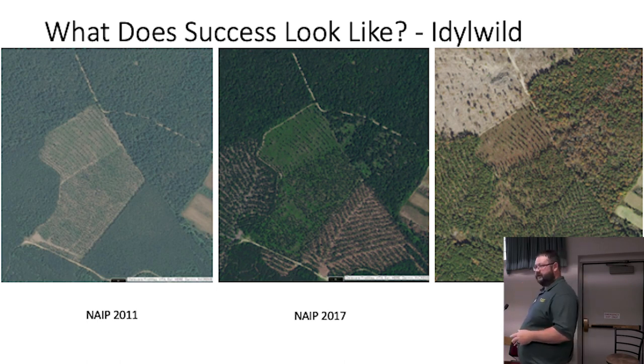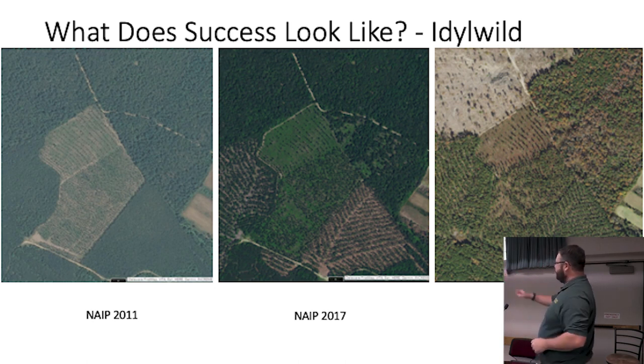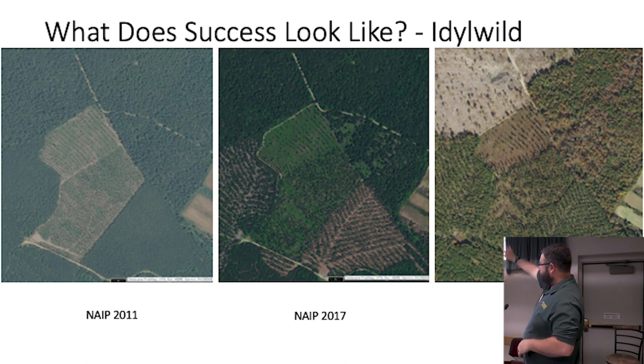What we also started doing was on our adjoining lands, we started doing our normal forest management activities. So in the middle picture, to the south and to the west, you'll see we did a commercial thinning of loblolly pine. And to the east, I believe that was some harvest work on the WMA in the hardwood stand. That's to the northeast there. And then once you get over here to 2018, you'll see that there's also been a wildlife cut done to